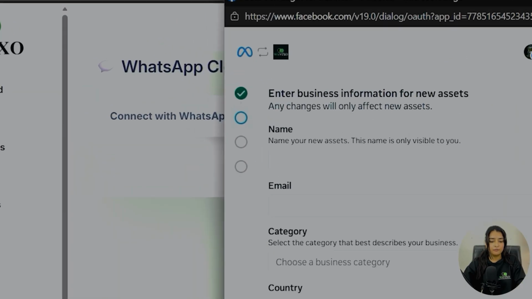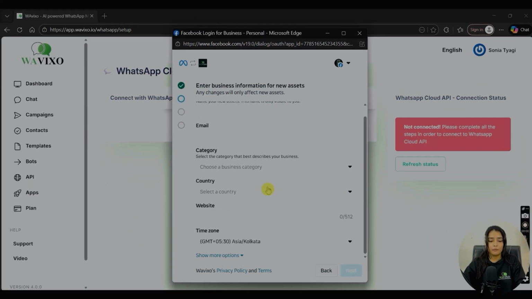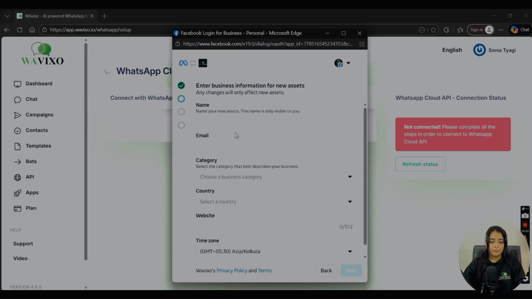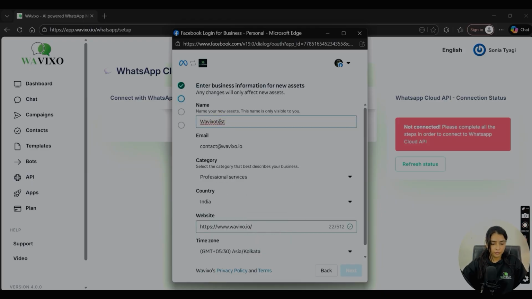On the left, you will see 4 dots, which shows that there are only 4 steps to join your WhatsApp number with the account. Step 2, fill out your business details, account name, email, business category, nation and website, and the time zone if your number is not an Indian number. The website is important. Meta requires it to verify your business, so you cannot create WhatsApp business account without one. Let's fill out these details. Make sure it doesn't have any special character, okay? No hyphen or an underscore will work over here.